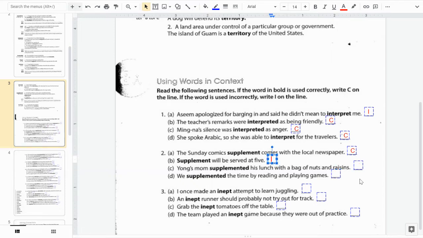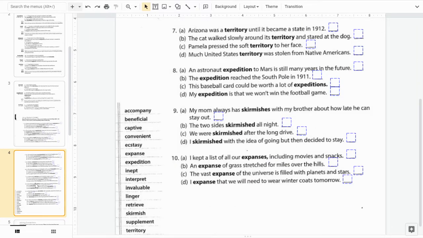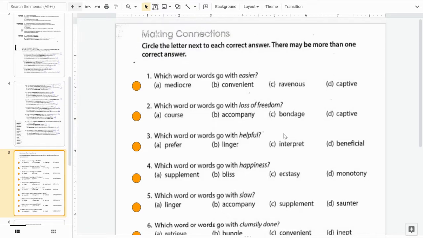And so now I'm going to place these, and we're going to move down. Notice there is a second page of these on slide 4. So there's 10 total. On slide 5, we are going to circle, or actually move the circle to cover up the letter for each correct answer. There may be more than one correct answer, which goes with easier,